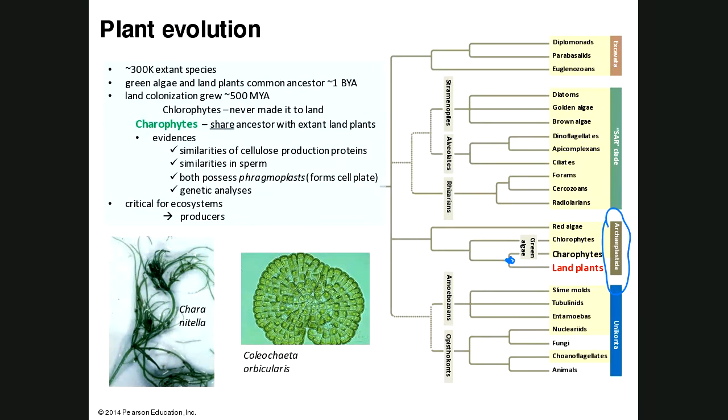If there's a similarity in the proteins that make cellulose between the charophytes and the land plants, that means there's a similarity in the amino acid sequence of these proteins. And if there's a similarity in that, there's a similarity in the messenger RNA codons. And if there's a similarity in that, there's a similarity in the DNA. Right? Remember what I said back in chapter 25 when it comes to relationships? It's all down to the DNA.